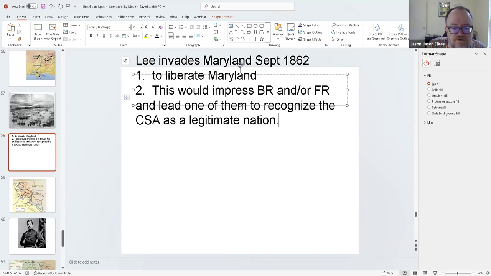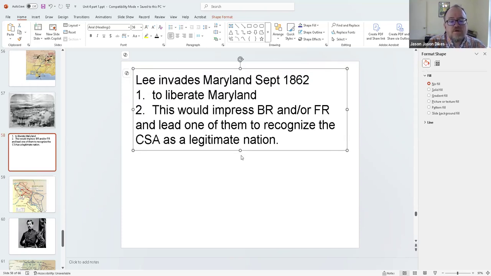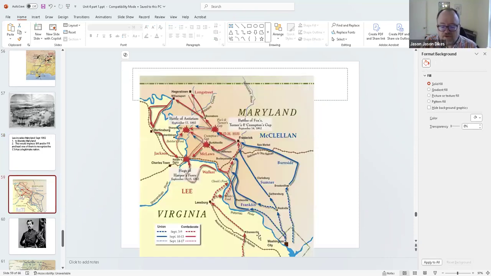You remember way back in Unit 2 when the Americans won that battle at Saratoga and it led to the French finally recognizing the United States as an independent nation? That's the same thing the Confederacy is trying to do here. If they can win a significant battle in Union territory, that will perhaps get recognition. So you can see the invasion route,